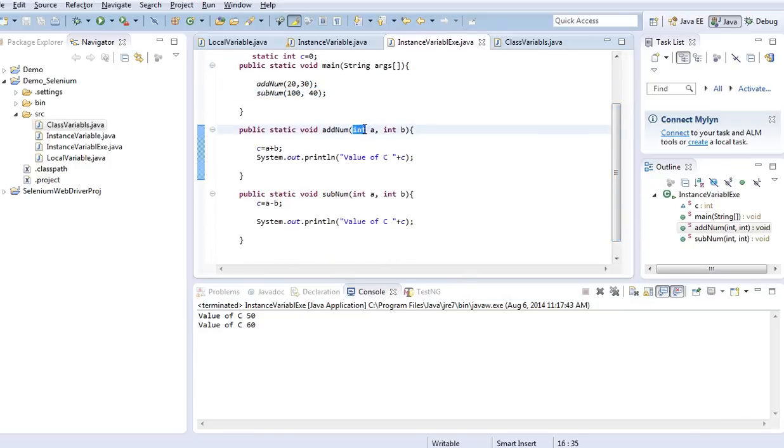Likewise, you can pass any other data type as well, double a, double b, or long a, long b. You can use any, even string you can use as a data type for an argument. So the way we have passed the arguments for a method, we call this the signature of a method. The signature of a method is nothing but the way we have passed the arguments for that particular method. Here the signature is we have two arguments. If you have three different arguments, again we say the signature of the method has three arguments.